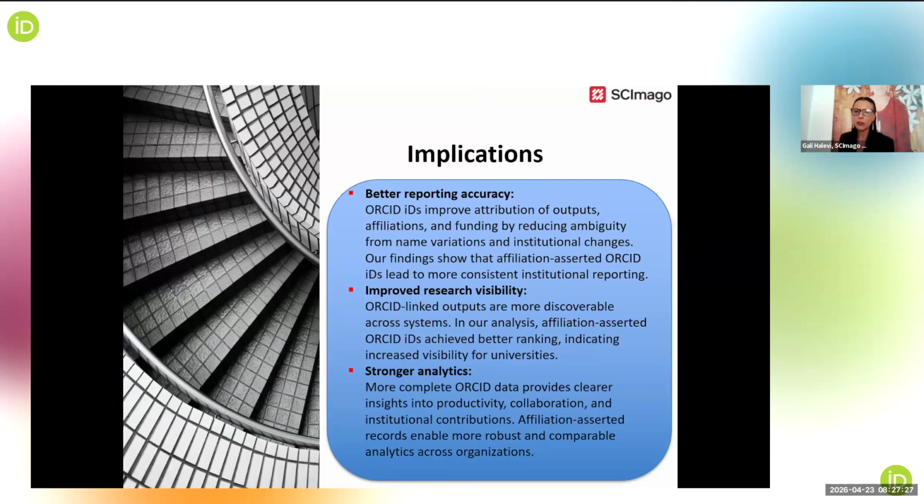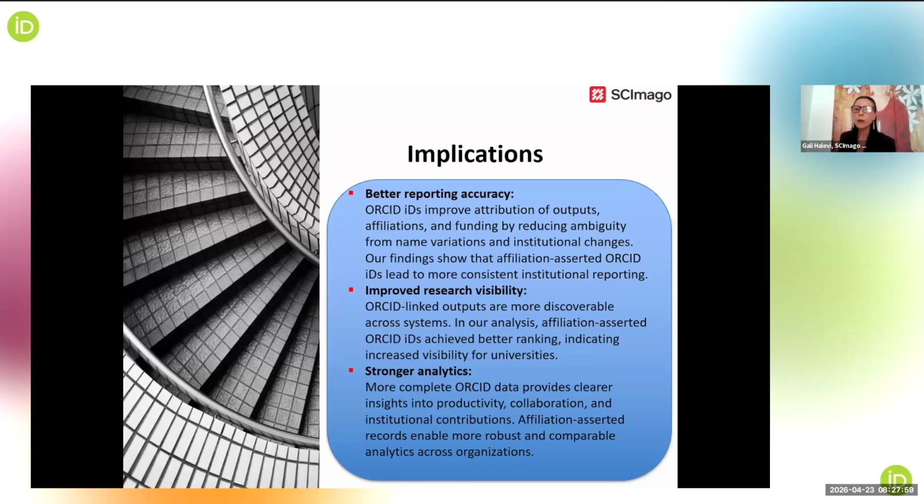It just makes your work consistent, and all the output from your institution correctly tracked for rankings, for funding, for anything, for research visibility. So it's really important, we feel, that it comes from the top down rather than individuals managing their own